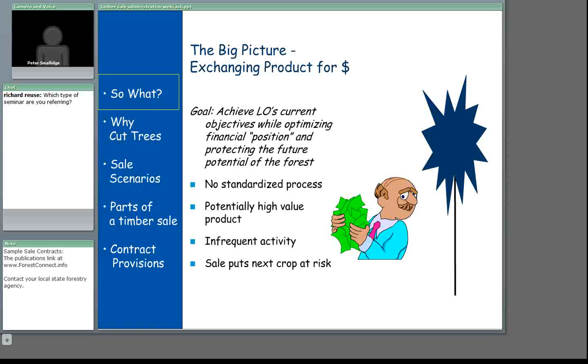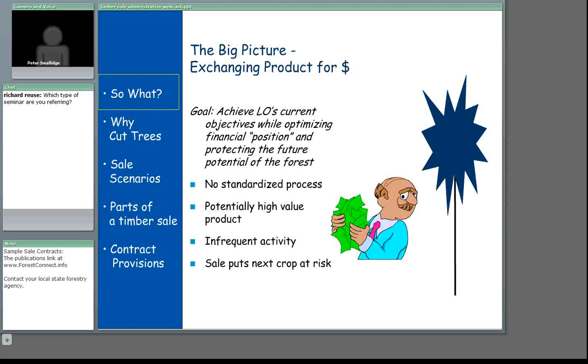Timber sales for most people are an infrequent activity. They may do one every 10 years or one every 30 years. It's quite different than buying a car that you might do every 5 or 10 years. And it's infrequent also within your circle of friends. You may buy a car once every 10 years, but if you have a circle of friends and every couple of years somebody's getting a new car, it's easier for you to keep track of what's going on in the new car market. So forest harvesting is something that happens outside of our circle of view, and because of that, it makes it a little more challenging for us to keep track of what the deals,